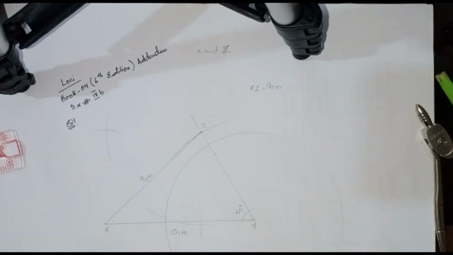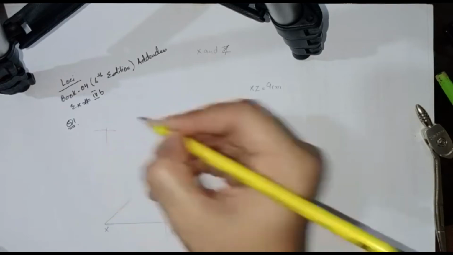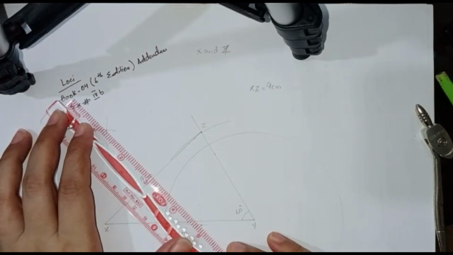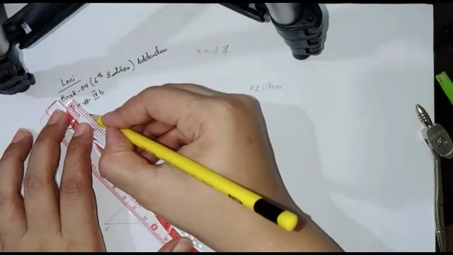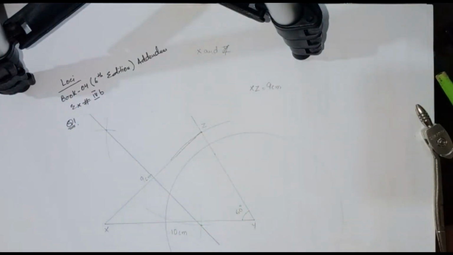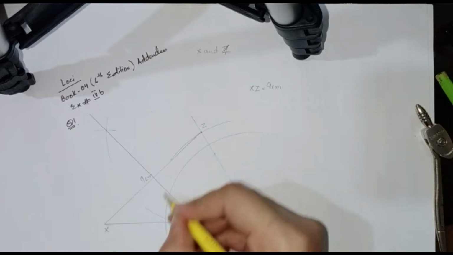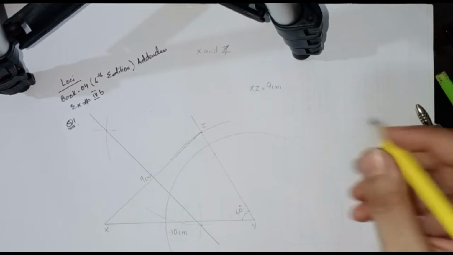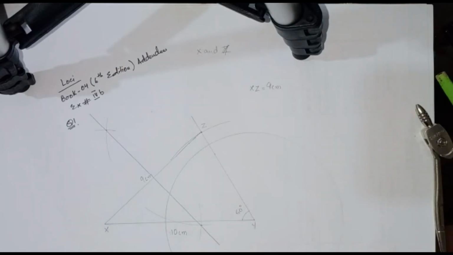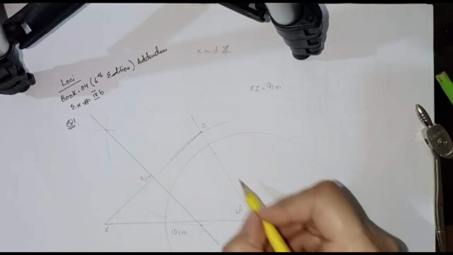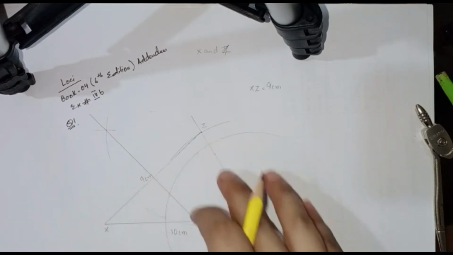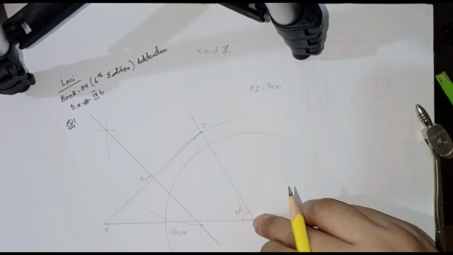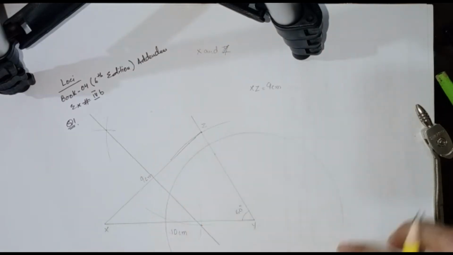Where our both arcs are intersecting each other, this point and this point, we will draw a line passing through these 2 points. Okay. So here we have drawn 2 locus. One is circle and the other one is this perpendicular bisector. Now they are saying the point P inside triangle XYZ. We have a point P inside this triangle XYZ which is 6 centimeter from Y. So 6 centimeter from Y means on this circle.